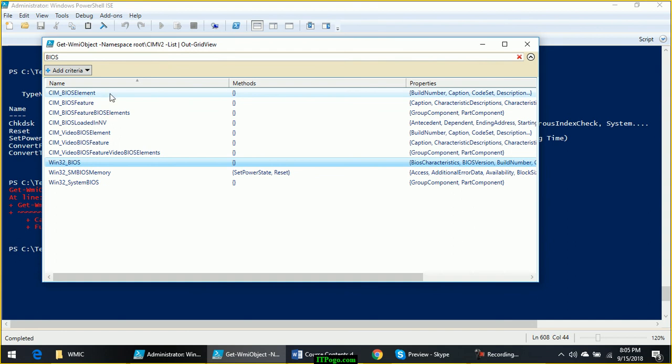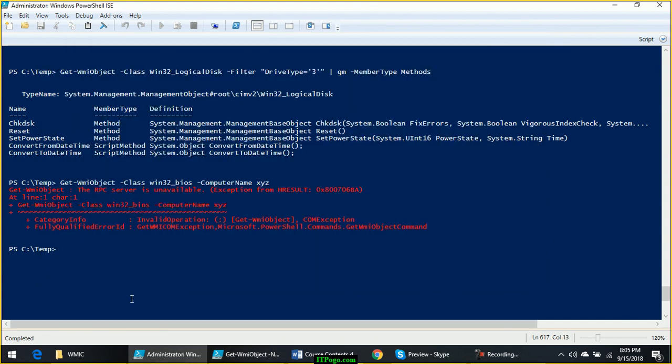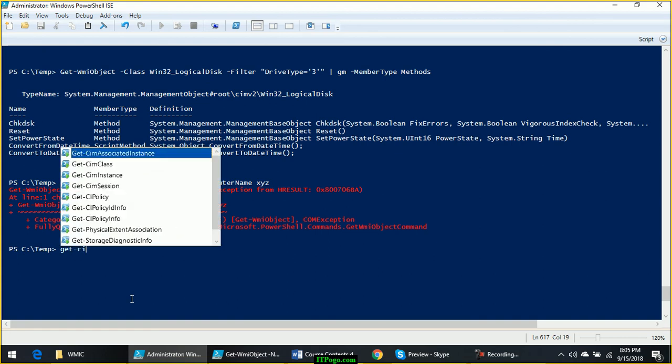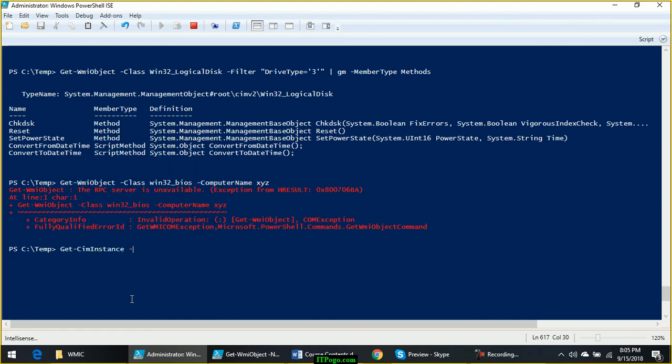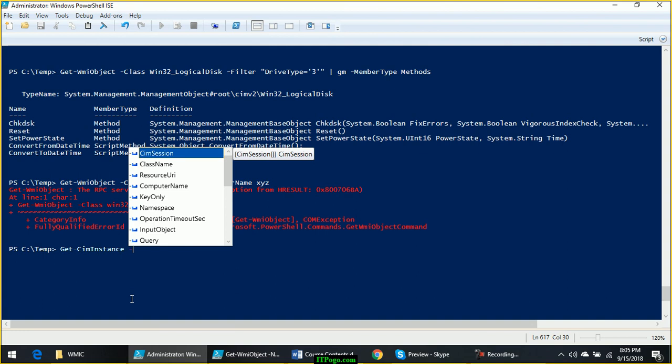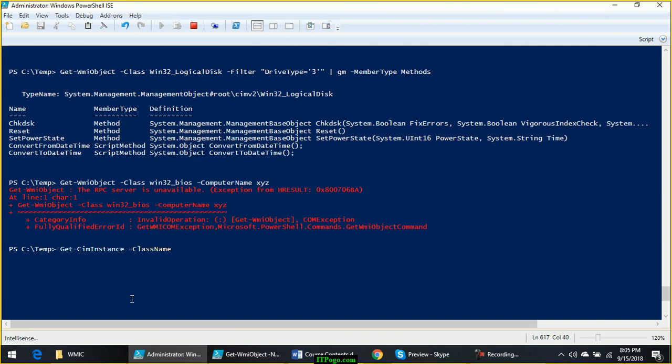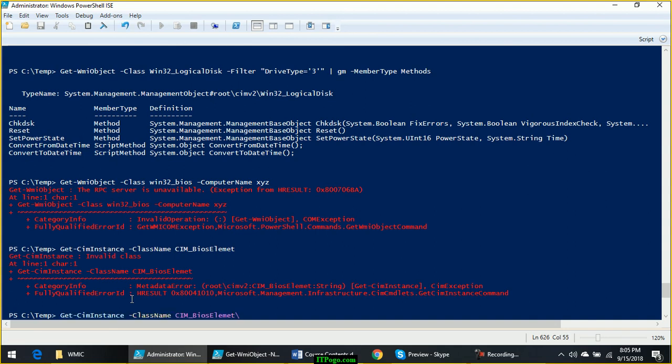The corresponding class for CIM is CIM_BIOSElement. How do you get it? Get-CimInstance, and here you can give the class name as CIM_BIOSElement.